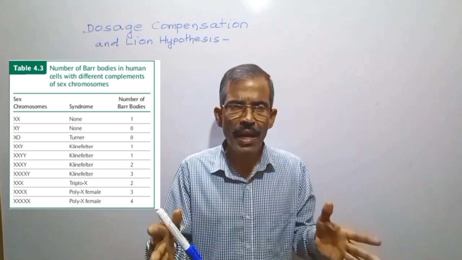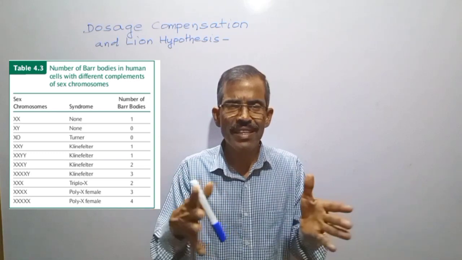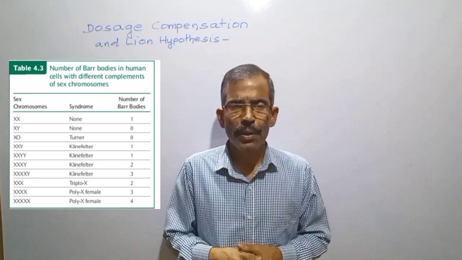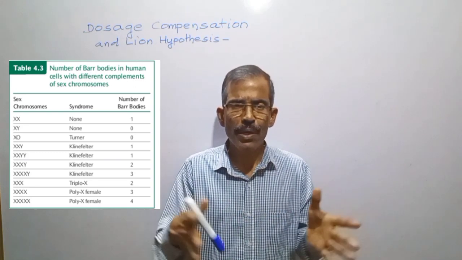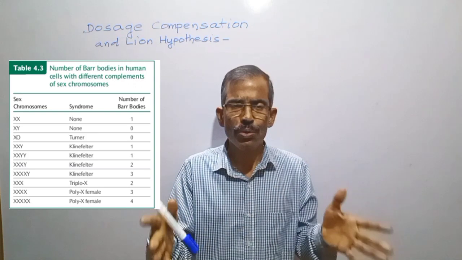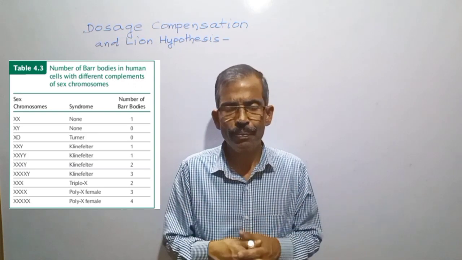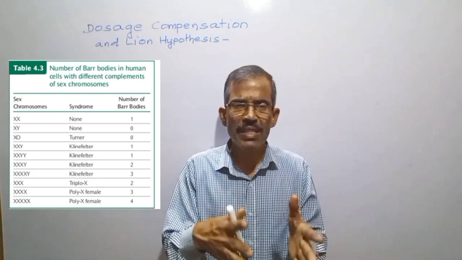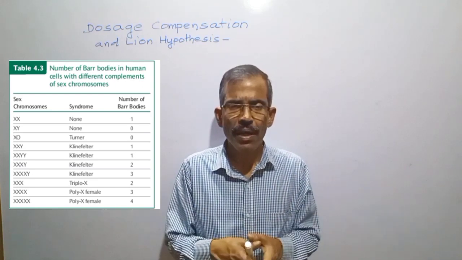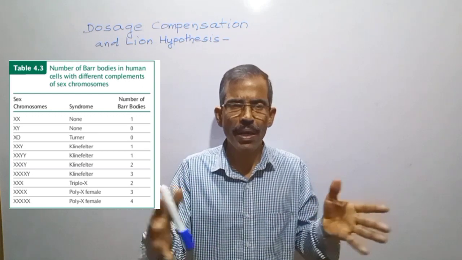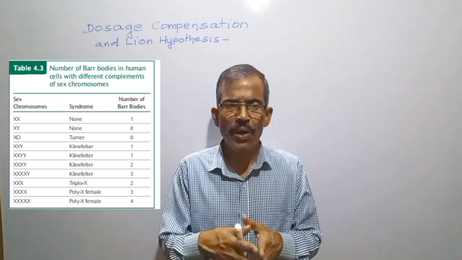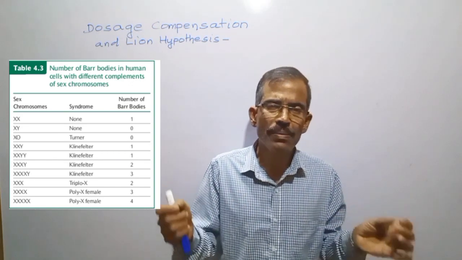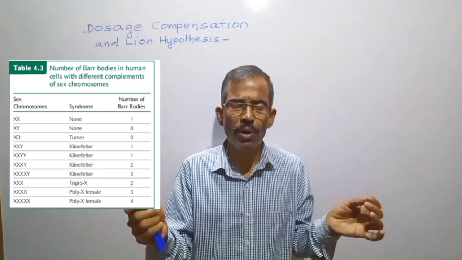Because females have 2 copies of every X-linked gene and males have only 1 copy, the amount of proteins produced by X-linked genes would differ in male and female. Because of this, female would produce twice as much gene product as is produced by the male. This difference could be highly detrimental because protein concentration plays a very important role in development.